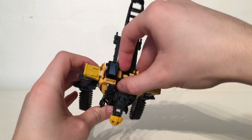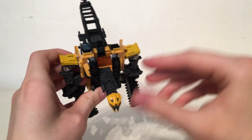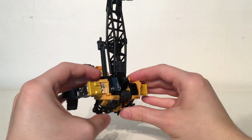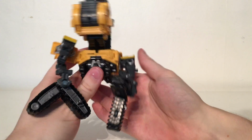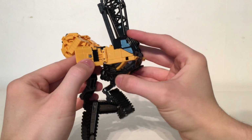What you're then going to want to do is lift this small black tab that is situated just behind Hightower's head and rotate this all the way back. This will then allow you to fully compress the head of Hightower, which will then allow you to begin work on the legs. What you're going to want to do here is kick the legs outwards and then snap these panels backwards, as you're now going to begin collapsing the panels in order to form the sides of Hightower's vehicle